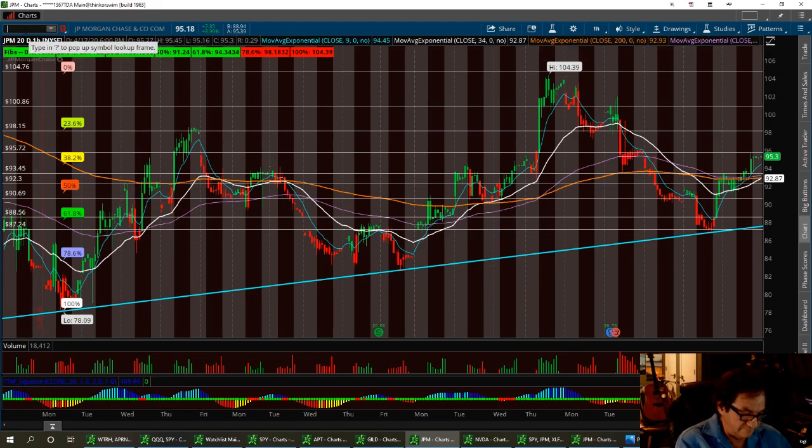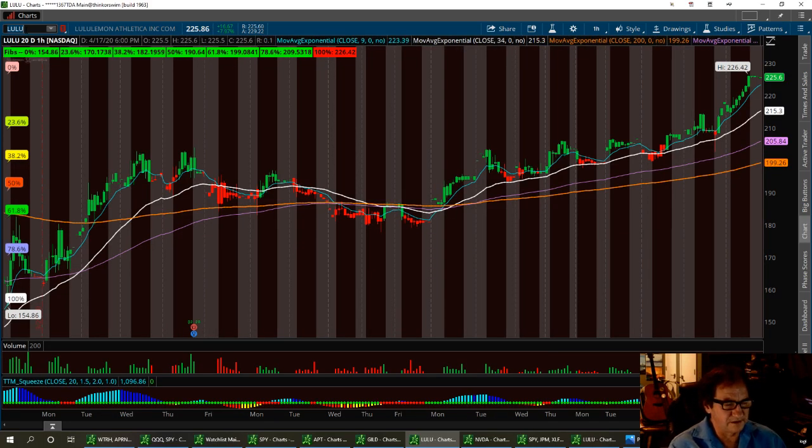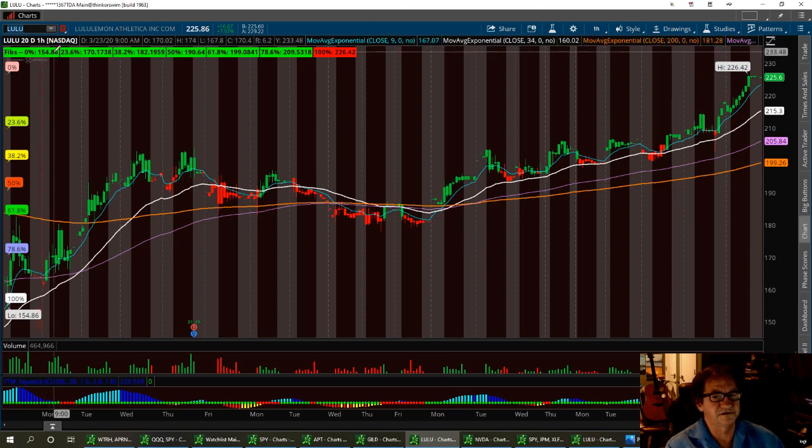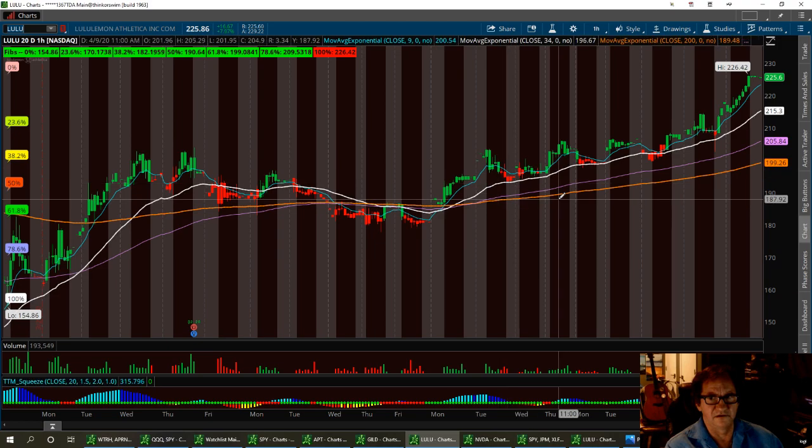Lulu is one of my favorite trades. I called it out at about 110 bucks when it was down there a while back. Made it to 50. And when we had the big crash, this is something to pay attention to. When we had the big crash about a month ago, I was telling people to look back 20 years to try to find support levels on a chart. And you won't see that with Lulu because it ain't been out that long. But a lot of stocks that you have seen,